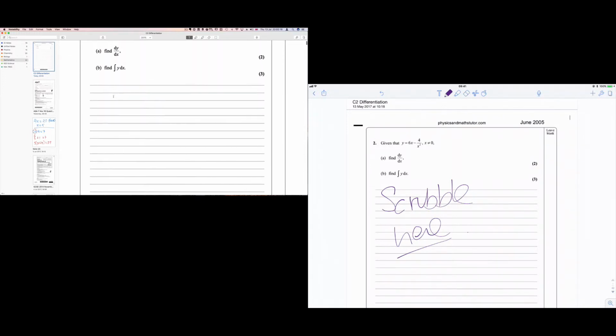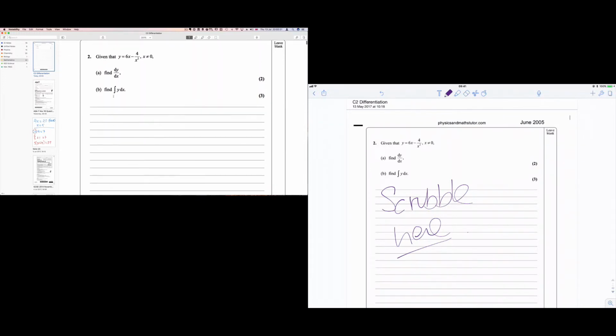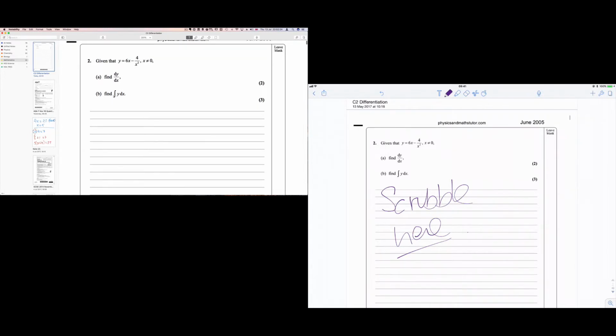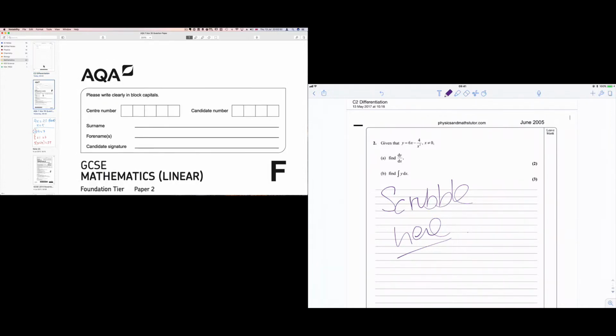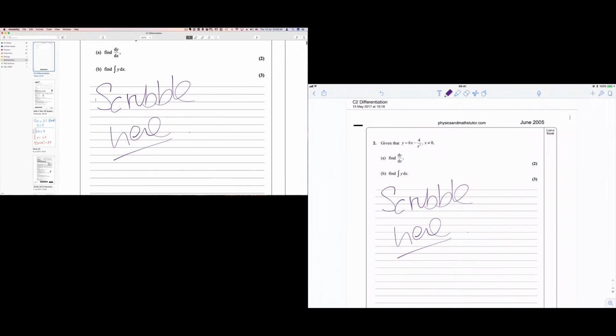And if we just give it a few seconds, it's going to update automatically. Let's see, let's do that and then go back to it. There it is. Scribble here is now there, and you can actually